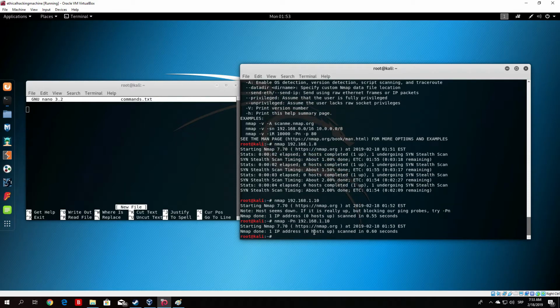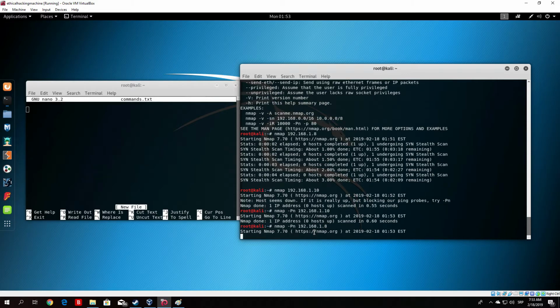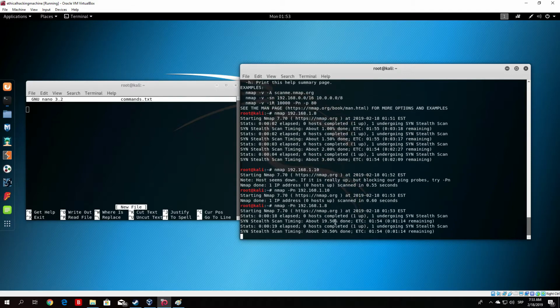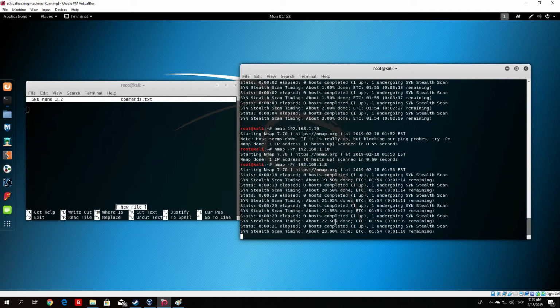Now, in my case, it won't show since I don't have anything there, so let me just scan my laptop once again. I just typed here nmap -Pn and then 192.168.1.8, and it will skip the host discovery, and it will basically automatically say that my host is up and running, and it will scan for its open ports. Now let me just see. It has finished around 22%. You might notice that the scan is going a little bit slower,